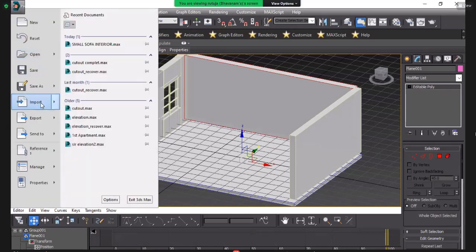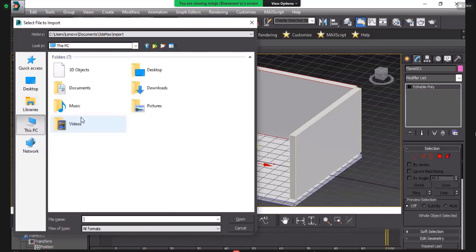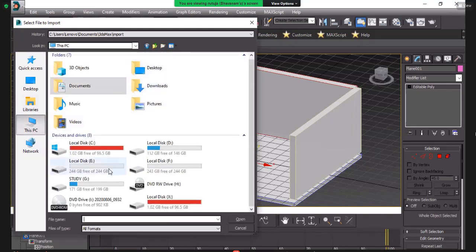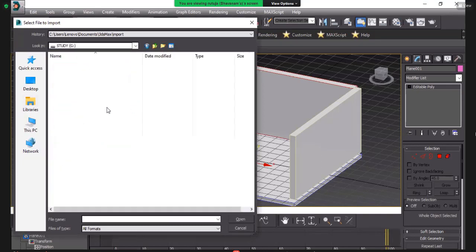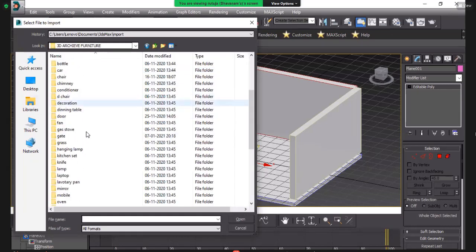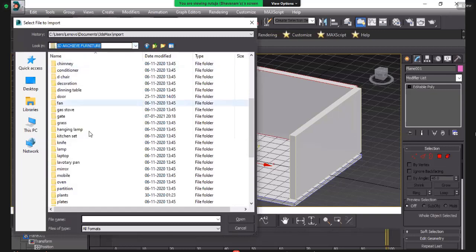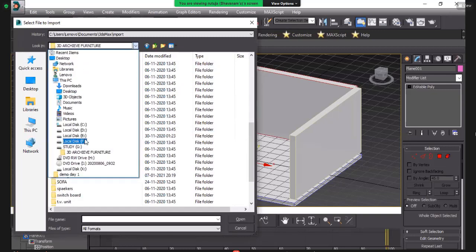So import, and find where you can download your 3D models. For downloading 3D models, this site is 3D Archive. The name of this site is 3D Archive. As I have lots of furniture here, I'm not able to find it.